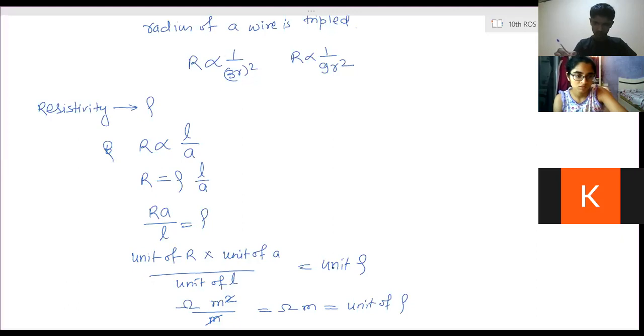Then resistivity, then series and parallel combination derivations. Derivation of the equivalent resistance of series combination. Will you derive? Right now, derive the total resistance of series and parallel combination, with diagram. Draw the diagram of three resistors in series. You have to write the statements. If you don't write the statements, then marks gone.